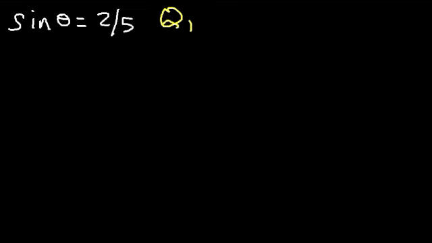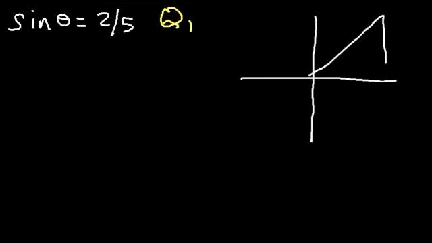Now, sometimes you may not have a special triangle to go by. So let's say if sine theta is 2 over 5. And let's say it's in quadrant 1. Go ahead and find the other trig functions. So we're going to follow the same pattern. So opposite is 2 and the hypotenuse is 5. What's the missing side? So if we use the Pythagorean theorem,